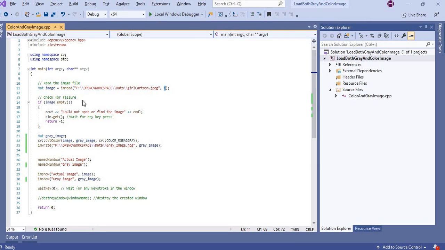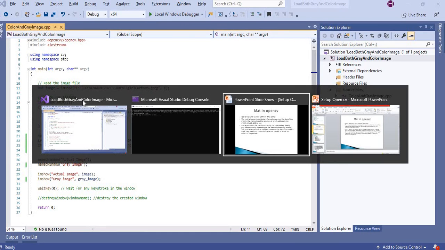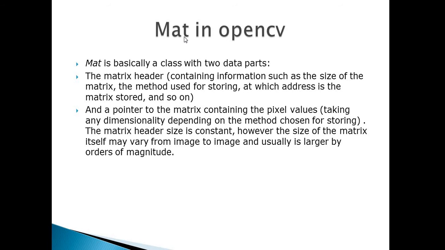So we will discuss how it works. Mat is the array which stores image data in two parts: one is the header part and one is the data part, which contains the pixels of your image.